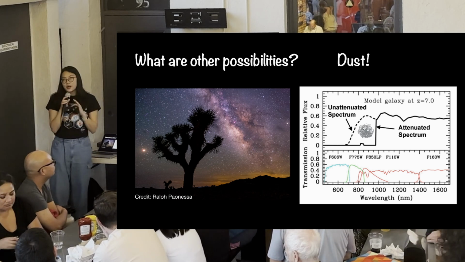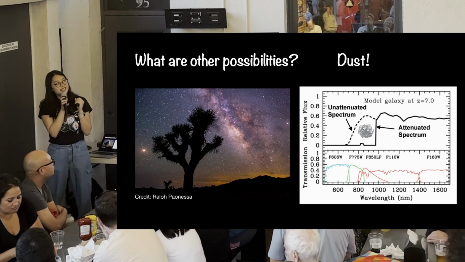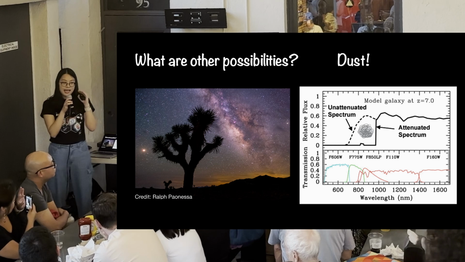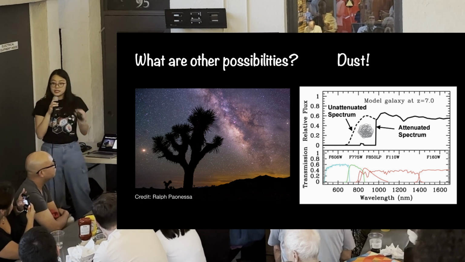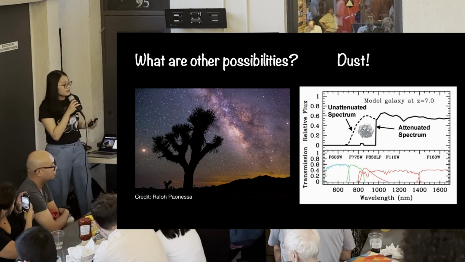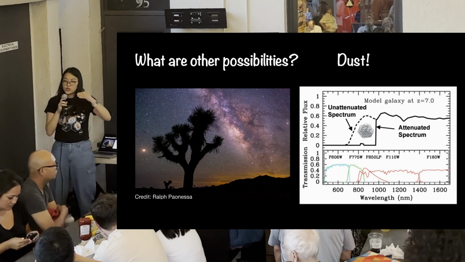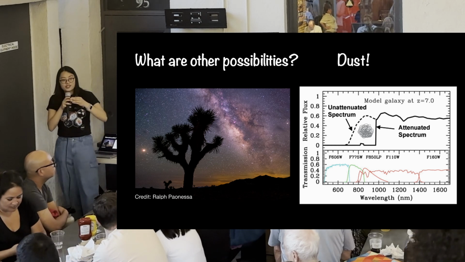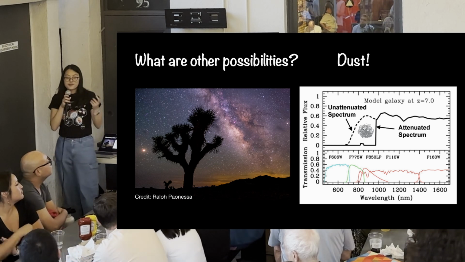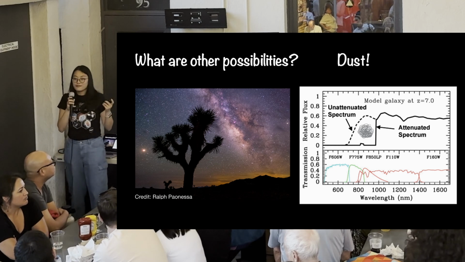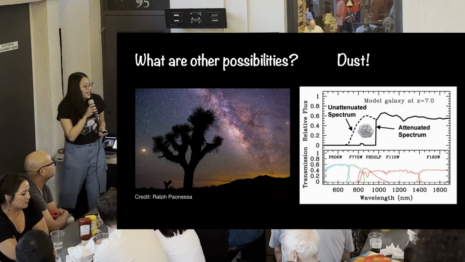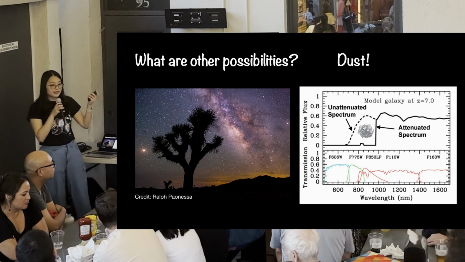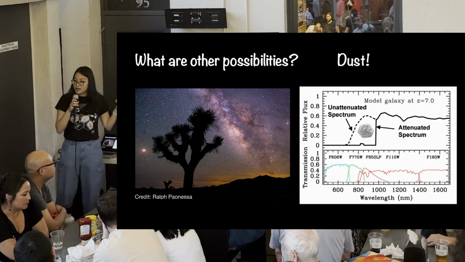everything. This is very similar to the case where, let's see, imagine you are driving on a very foggy night. You will definitely notice that the headlights of all those cars become dimmer, probably a lot dimmer. And if you don't really know that there is a lot of fog between you and other cars, you would naively think that these cars are just really far away from you. Because of that, you probably will forget to hit the brake, and finally, something bad happens. And that's kind of similar to the astronomy here. If we forget there's dust, or if we get the dust content wrong, we forget to hit the brake,